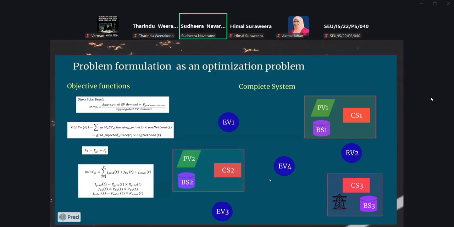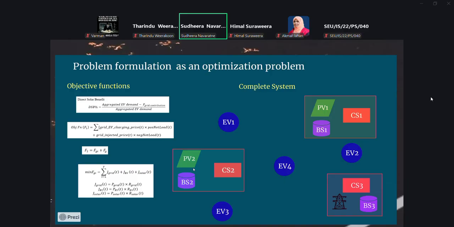So very simple example, in this case, you have 4 EV models, and then 2 PV systems, 3 battery storage, and so on. And then 3 charging stations, CS stands for charging station, right? So this is a complete model, but in reality, the model is much larger than this.